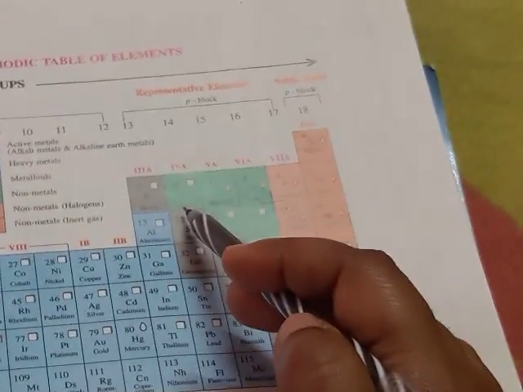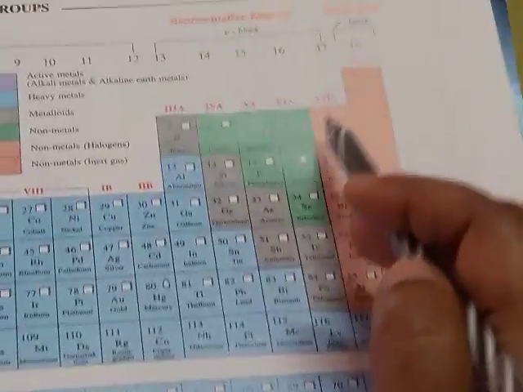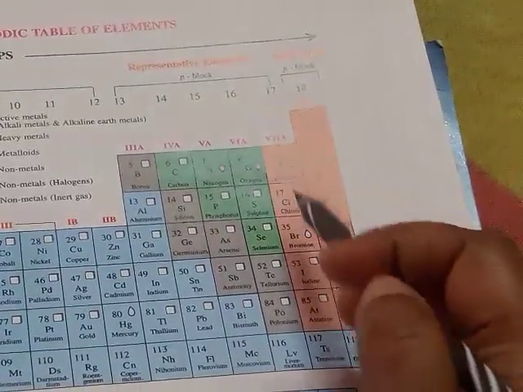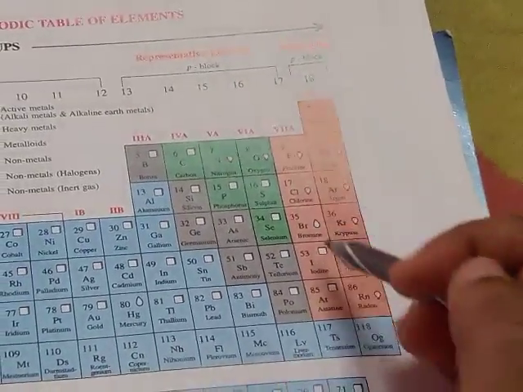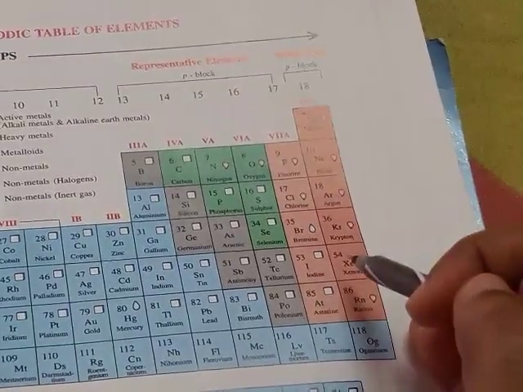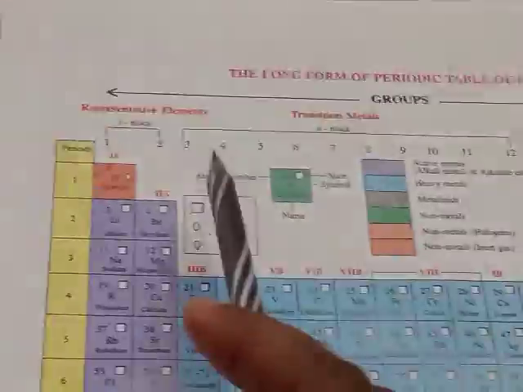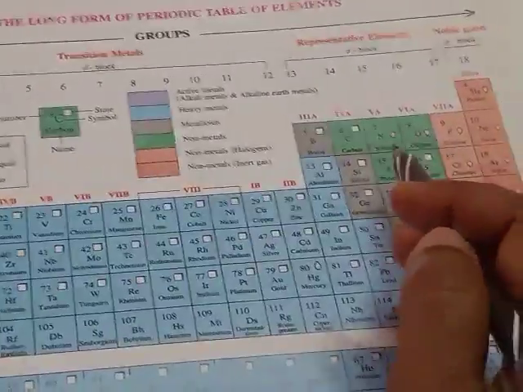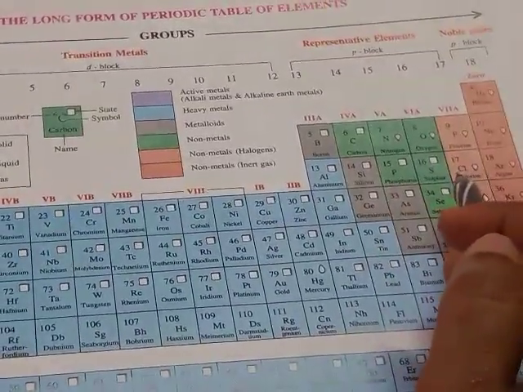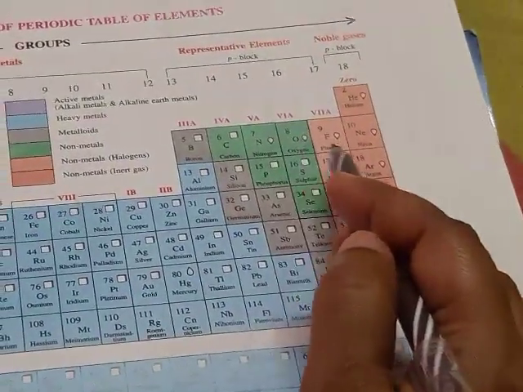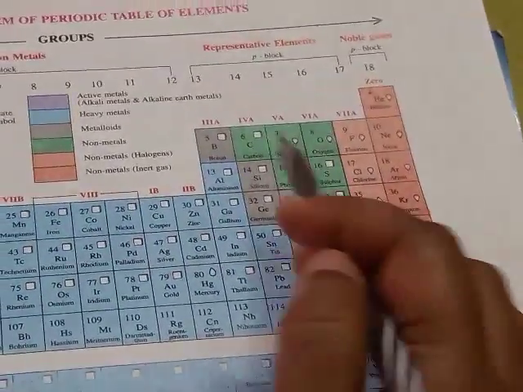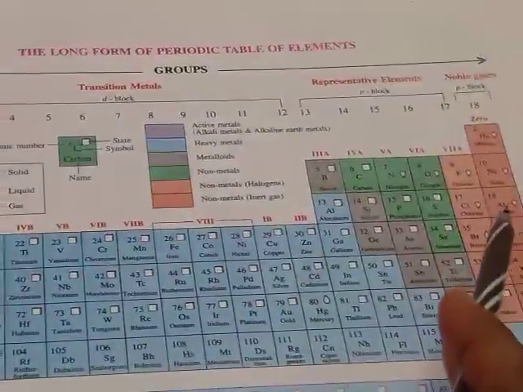These are the boron family, the carbon family, the nitrogen family, and this is the oxygen family, called chalcogens. The fluorine family is called halogens, and the group 18 elements are called noble gases. Now the main group or representative elements have incompletely filled valence orbitals. They may be metals, whereas carbon, nitrogen, oxygen, fluorine are non-metals, and boron, silicon are metalloids. So representative elements may be metal, non-metal or metalloid.